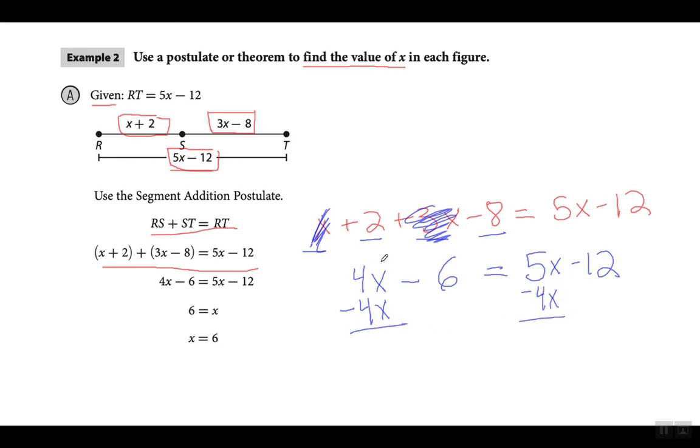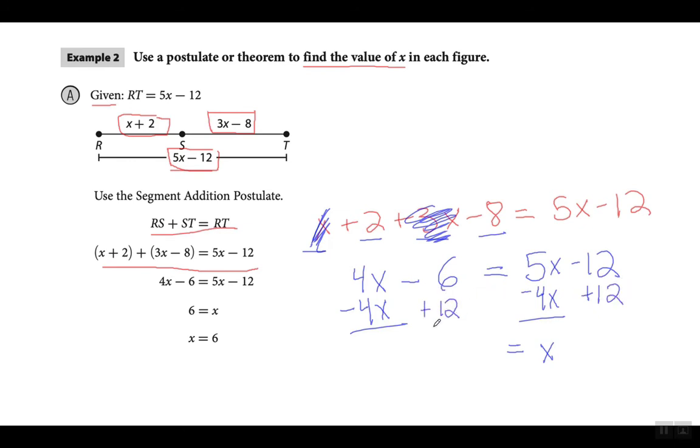Right here, this is going to cancel out because that'll give me 0. This will give me 1x, and I don't write the 1. Now, since I have the x on the right-hand side of the equation, I'm going to move the minus 12 to the left-hand side of the equation by doing the opposite of subtracting 12, which is adding 12 to both